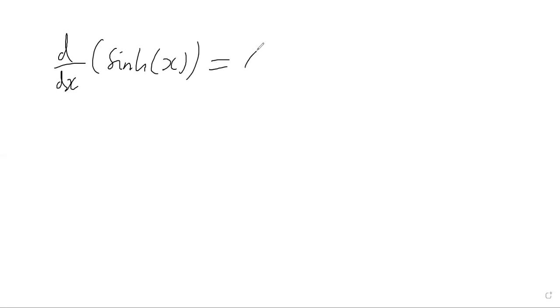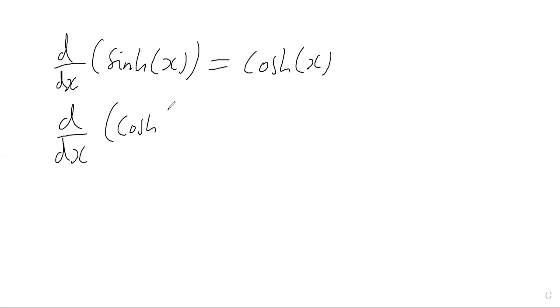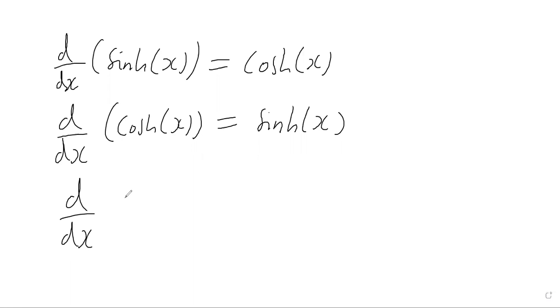Hi, so in the last two videos, we looked at differentiating the hyperbolic cosine and the hyperbolic sine functions. And we found that when we did that, if we differentiate hyperbolic sine, we get hyperbolic cos. And when we differentiated hyperbolic cos, we got hyperbolic sine. So we found those two results in the last two videos. And so the next logical thing to do is try and work out what the derivative of hyperbolic tan is